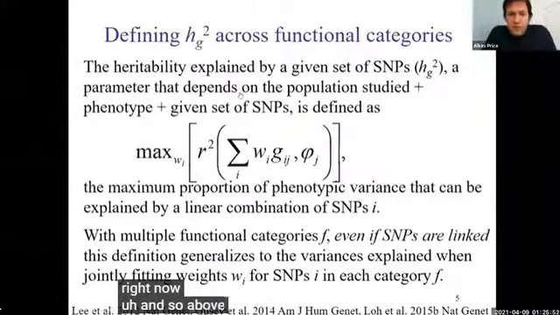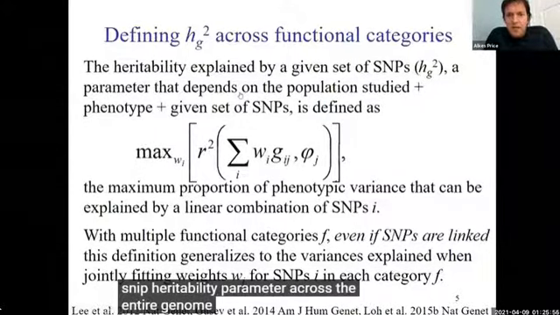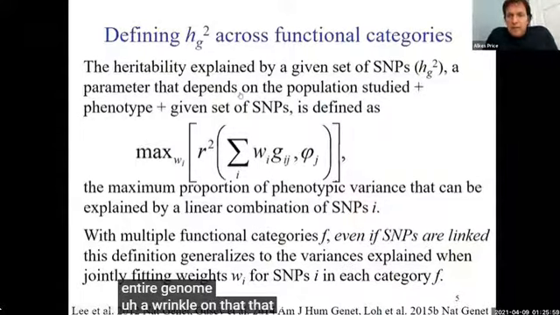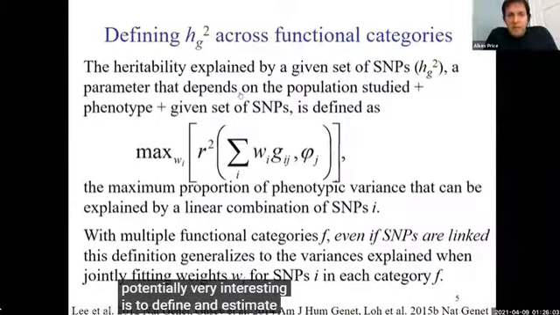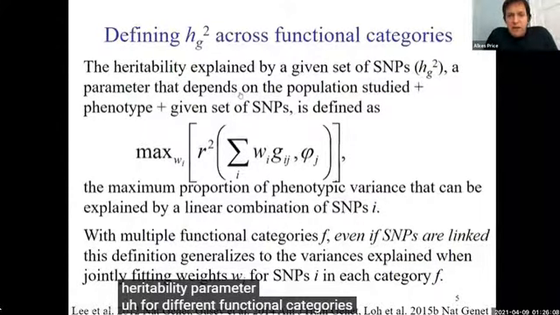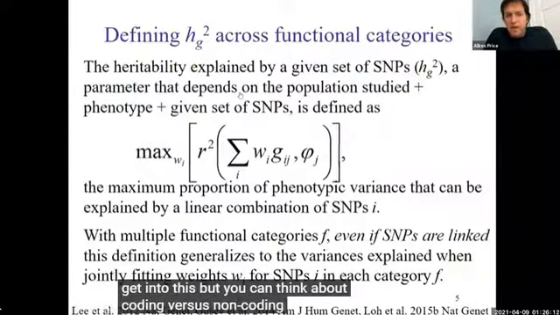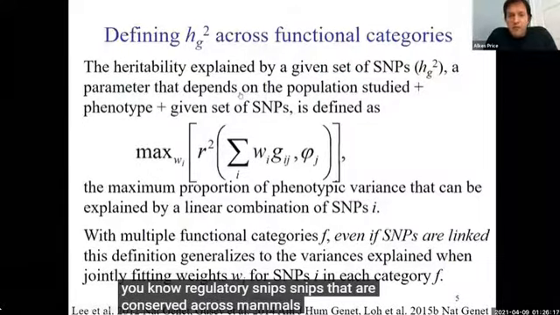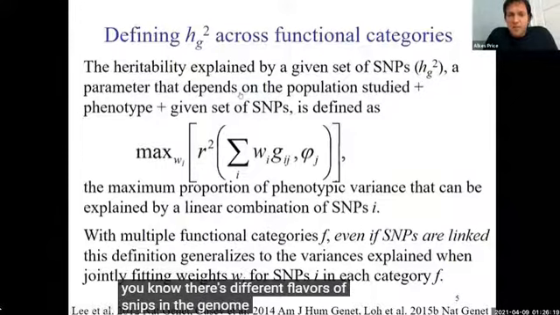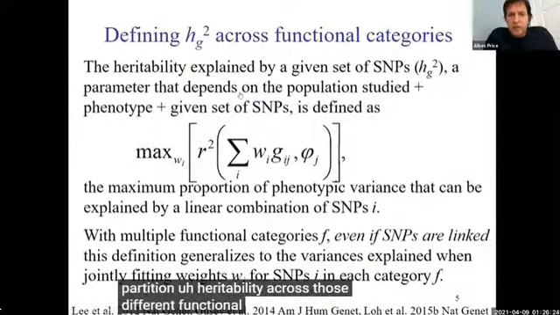And so above and beyond estimating a single SNP heritability parameter across the entire genome, a wrinkle on that that may be potentially very interesting is to define and estimate a SNP heritability parameter for different functional categories. When I talk about functional categories, we'll get into this, but you can think about coding versus non-coding SNPs, regulatory SNPs, SNPs that are conserved across mammals. There's different flavors of SNPs in the genome, and it's of interest to partition heritability across those different functional categories